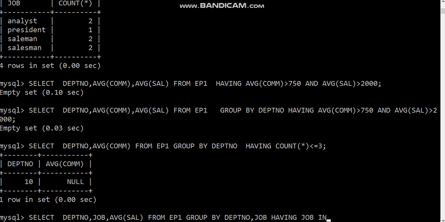Now the in operator I am using. Now you need to specify values. Either that person should be clerk or salesman.